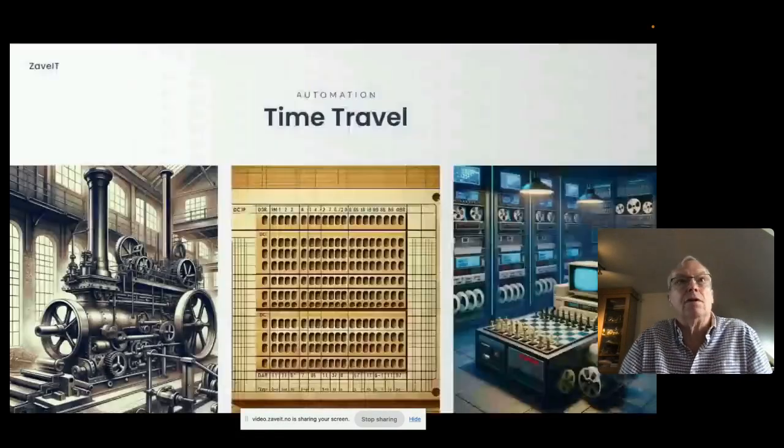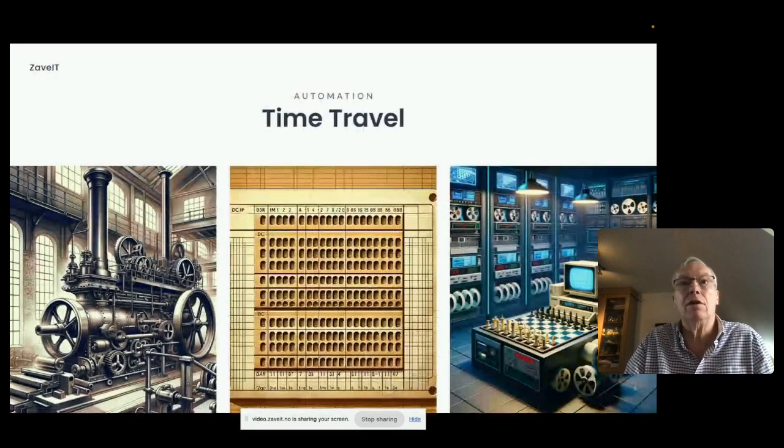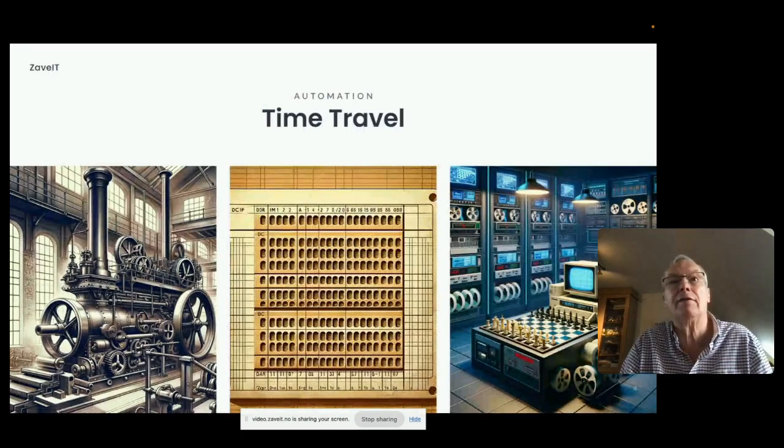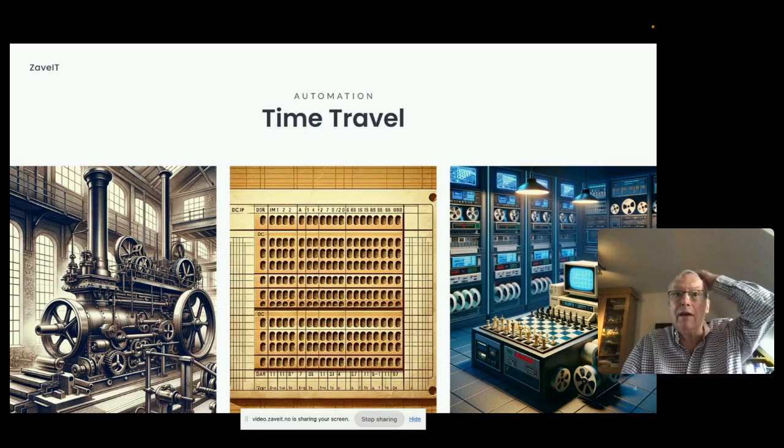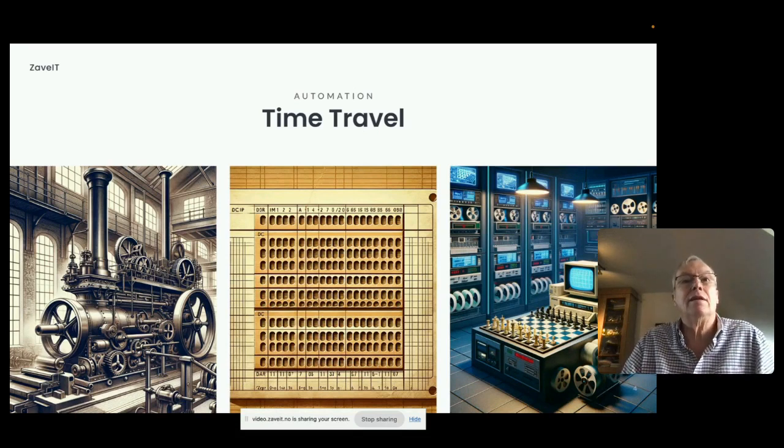So fast forward to the Industrial Revolution. We see automation transforming industries, manufacturing industries, from steam engines automating manual labor to the assembly line, revolutionizing the whole of manufacturing. And of course, in the early computer industry, there were the punch cards. Those were invented by Joseph Jacquard, and soon after the first computer programs turned up.